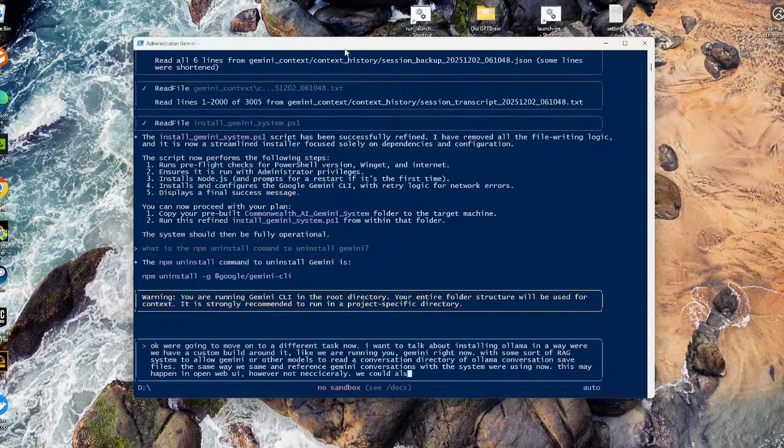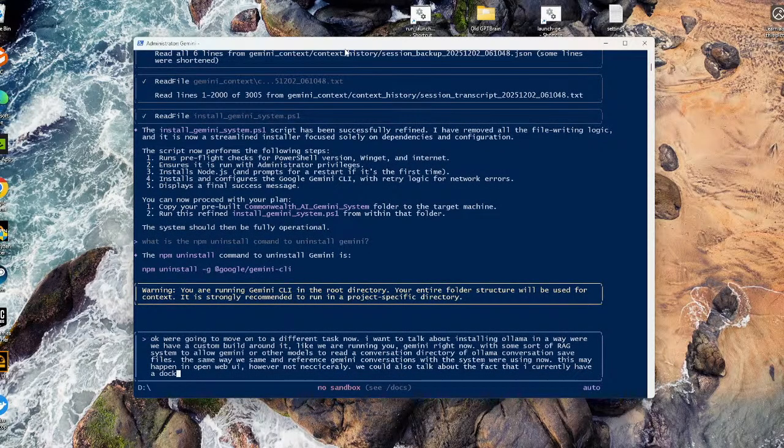We could also talk about the fact that I currently have a Docker container Llama build running Llama 3.1,